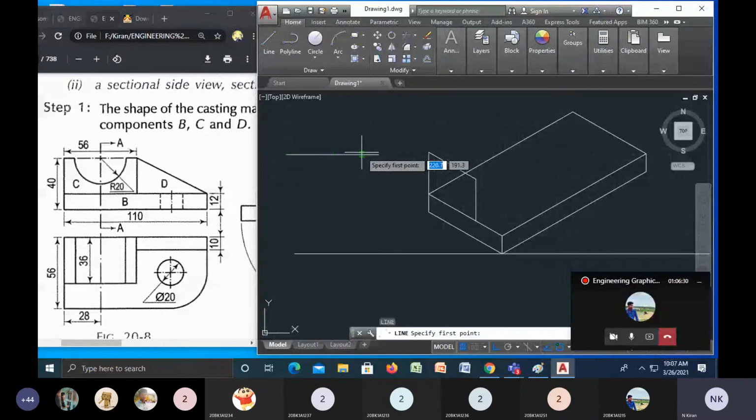Let me take, if I want to draw right side, this is your 0 degrees. If I want to draw upward, this is your 90, and this is your 180, and this is your 270. Okay, and from this point I want here. That means actually from here 0 and 360 are same. 360 minus 30, so it will come 330. That's why I have given the angle 330. Okay, clear?